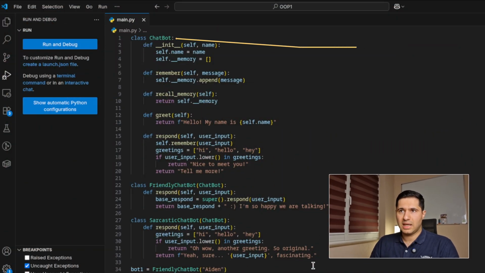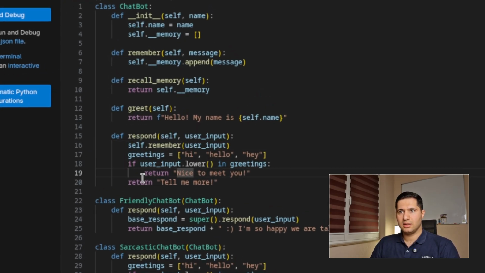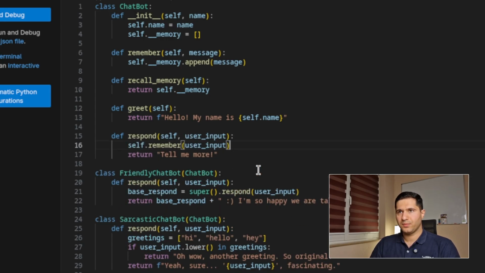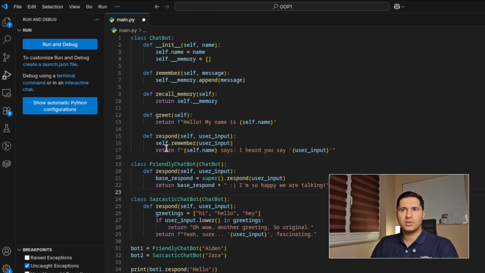If we want to expand our chatbot, it's kind of like this. So we keep the remember part here. We say it's greetings and so on and so forth. Let's delete this part and change it in a different way. Let's say that the base class has this return function. It remembers the user input and returns that this chatbot name heard what the user has as an input. Now we use the method respond here from the parent class inside the friendly chatbot and sarcastic chatbot,